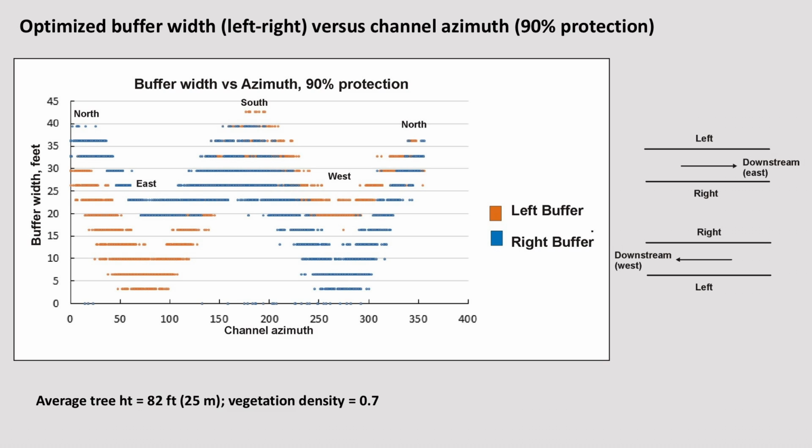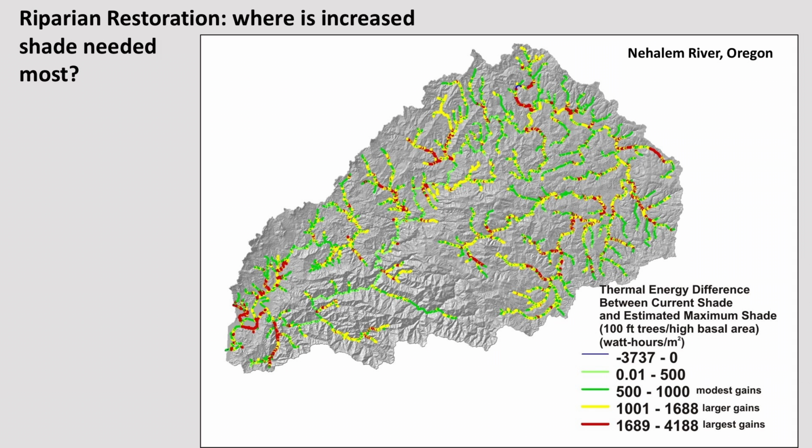Okay? So the point in all this is that it's extremely variable where the buffer width size is relative to which way the stream is pointing, basically. So if you're going to design optimized buffers, then the tool needs to know which way the stream's pointing and what the width is. So that's from a management perspective, if you were designing optimized buffer zones for forest